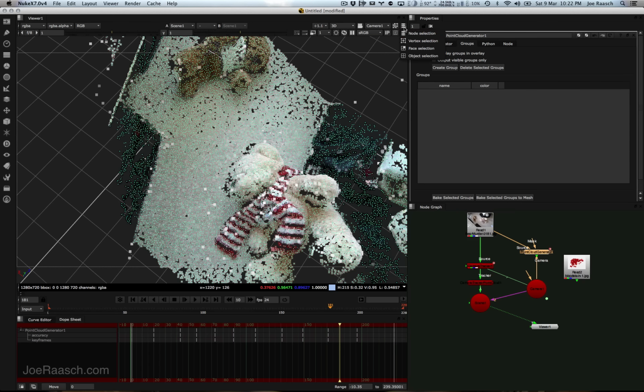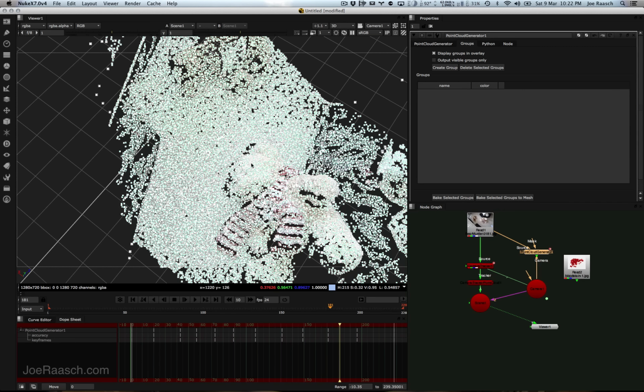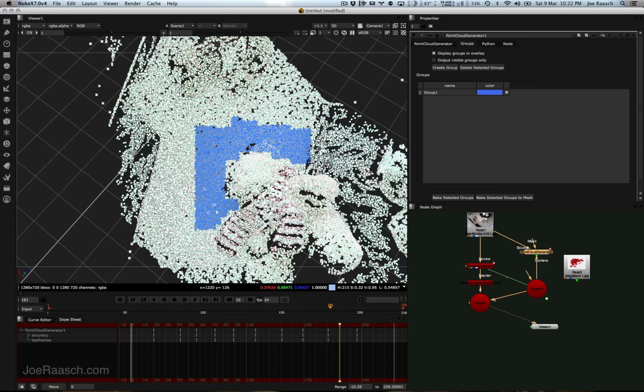I'm just going to switch over and go to Vertex Selection. The only thing that I'm not crazy about is that all the colors kind of go away. I mean, you can see maybe a little bit of an outline here, but it can make it a little bit difficult to grab and to make sure you're grabbing the right area of points. So you just hold down Shift and you can grab multiple points or make multiple selections. And so I have this over here, and I'm going to click Create Group, and that's going to group all my selected points into this group, and you can give it a name